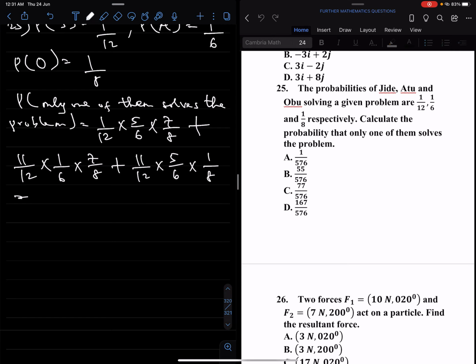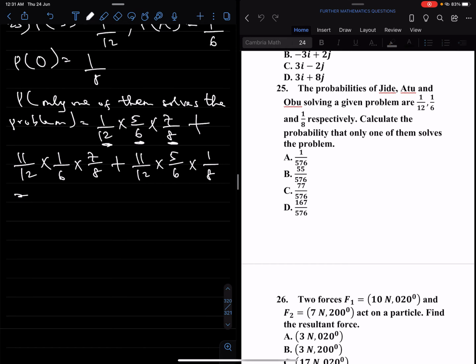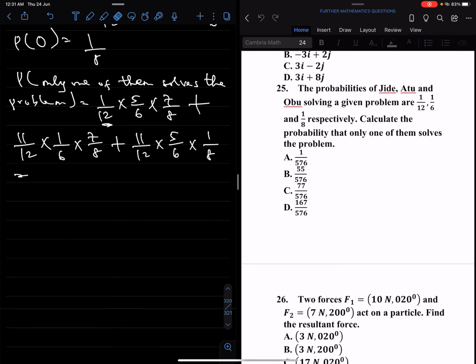So the probability that only Jide solves a problem will be 1 over 12 multiplied by the probability that Atu doesn't solve it and the probability that Obu doesn't solve it. And we know that the probability that Atu doesn't solve it is 1 minus the probability that Atu solves it. And the probability that Obu doesn't solve it is 1 minus the probability that Obu solves it. So that's how we obtain that. And that simply means